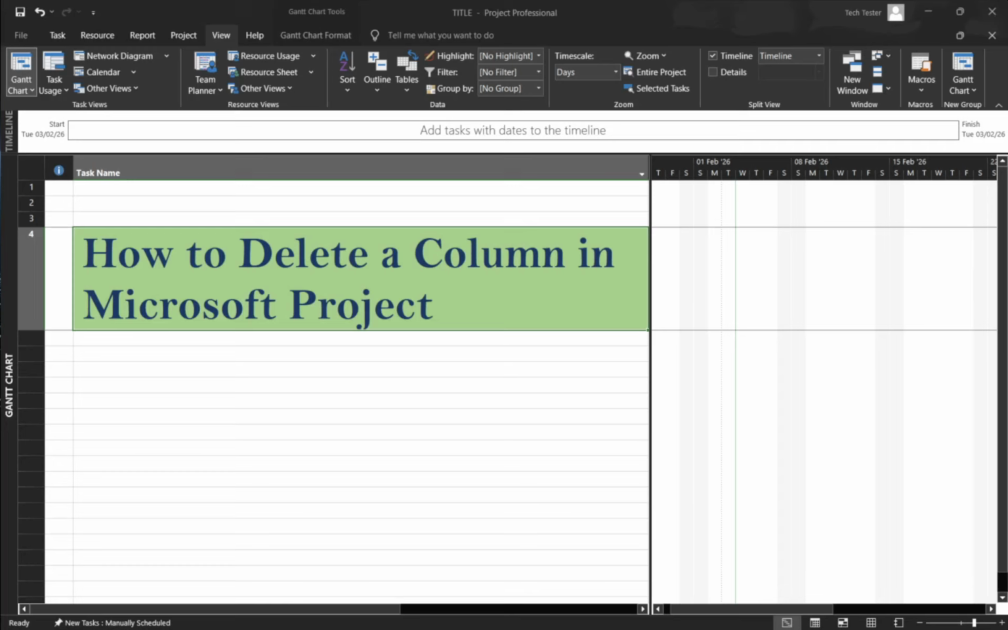In today's video, I'm going to teach you how to delete a column in Microsoft Project. Now, in Microsoft Project on the desktop, you don't actually delete columns the way you might in a spreadsheet. Instead, you hide them from the current view. This keeps your data safe and intact while letting you clean up the screen so you can focus on what